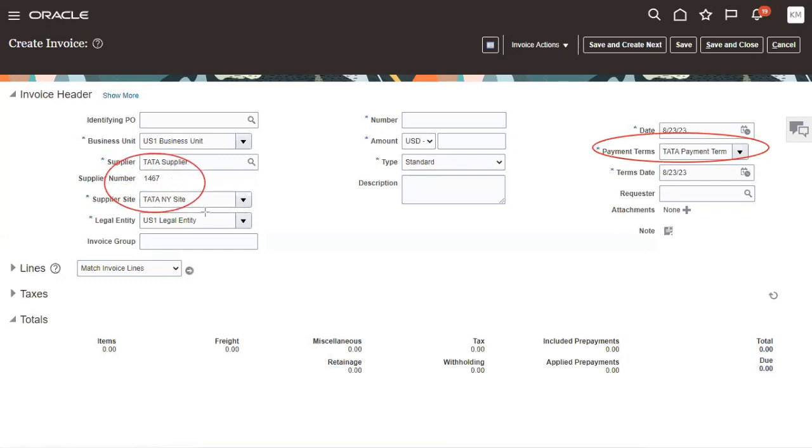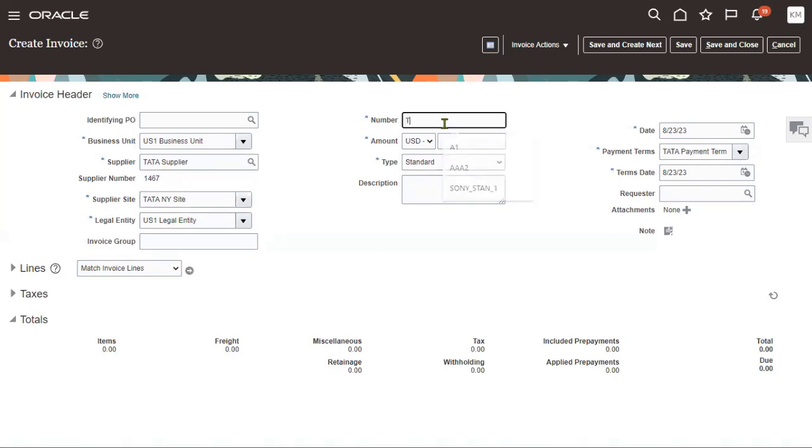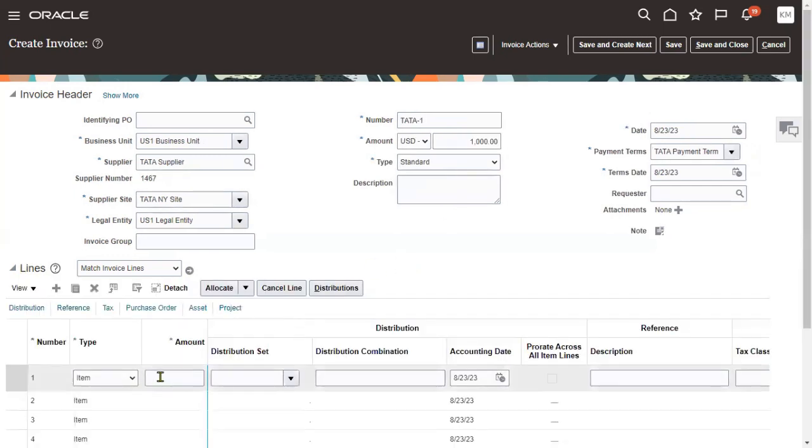As soon as we choose our supplier, automatically, because we have mentioned that this is the payment term to the supplier site, that value will be overridden. Right? Supplier site level, whatever we specify. Fine. Now I am mentioning invoice number, Tata-1, amount $1,000. Standard invoice I'm raising. Line level I'm mentioning that we have purchased the items,